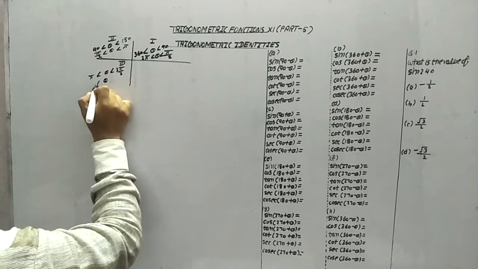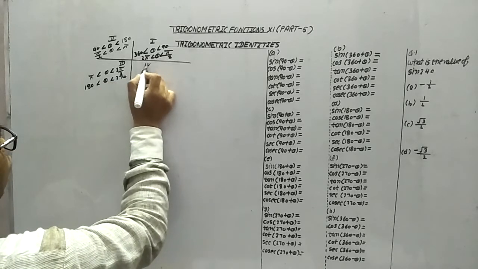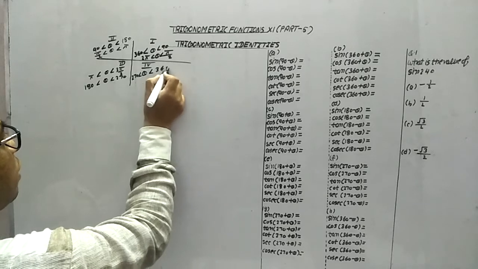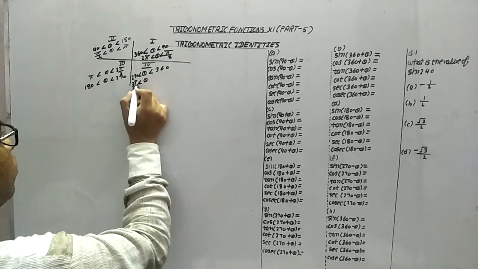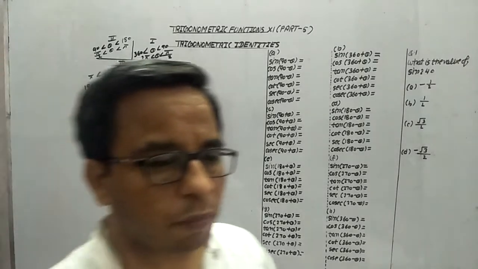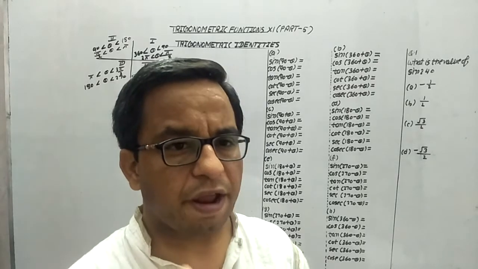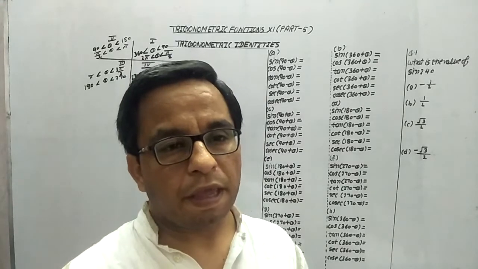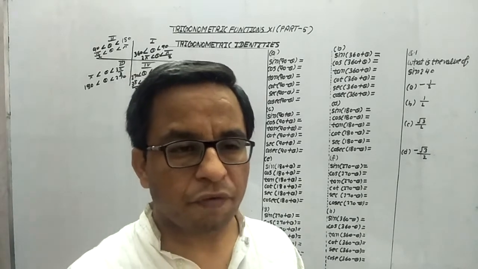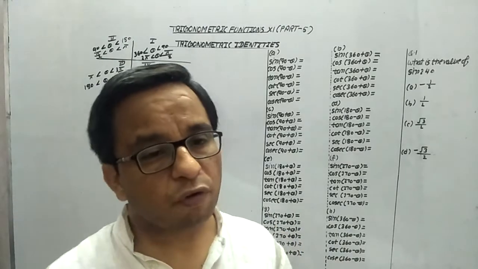It means here theta is greater than 180 and less than 270. In the fourth quadrant, theta is greater than 270 and less than 360. It means theta is greater than 3 pi by 2 and less than 2 pi. So this is the part. If we observe that we have sine 360 plus theta, then immediately we have to guess we are in the first quadrant. If we have sine 270 minus theta, it means we are in the third quadrant. So like this, first of all we have to practice this part.